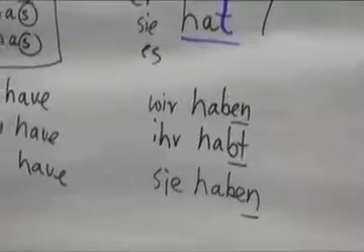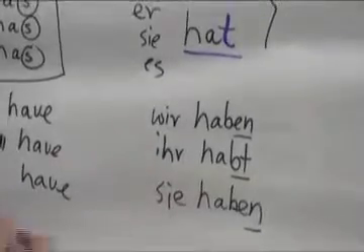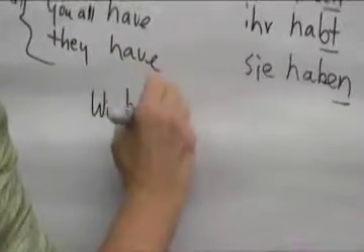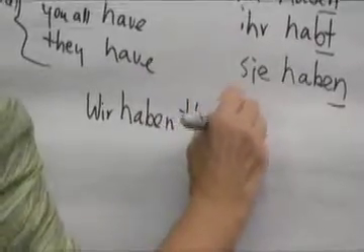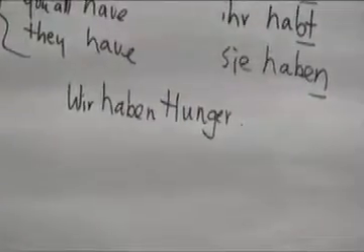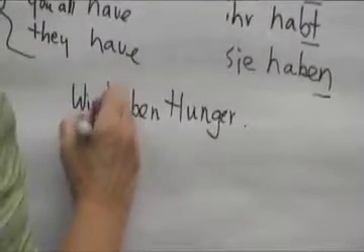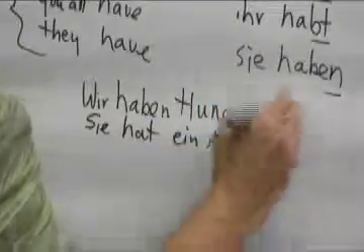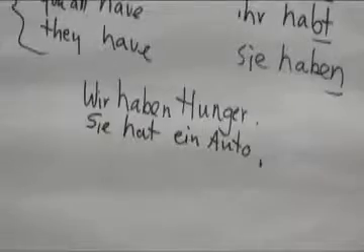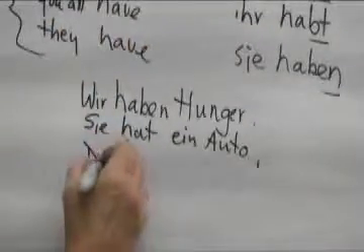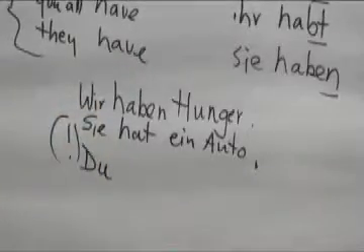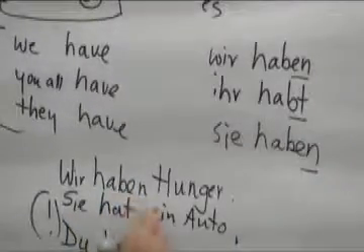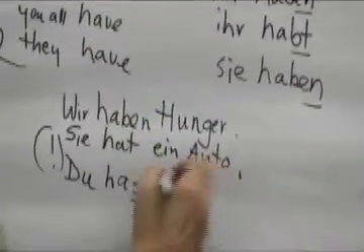Alright, how do we use haben? For example, we could say we have hunger, we are hungry, right? So we would say wir haben Hunger. Or we could say, she has a car. Sie hat ein Auto. Right? No complication. The only thing you have to remember, when you see du, an alarm bell must go off in your head because you need to remember all of a sudden, du is slightly irregular. Du hast. Du hast